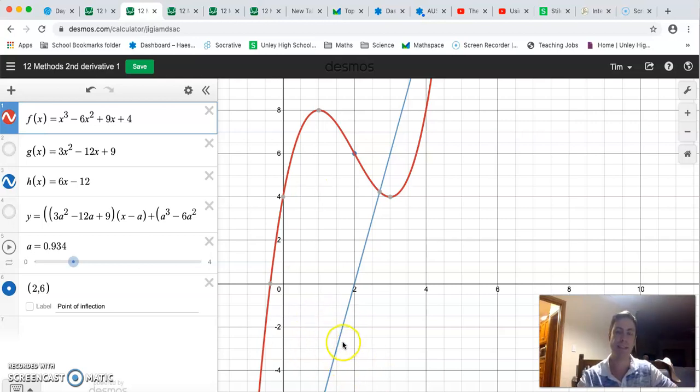Hence the negative values, until we reach the point of inflection, right, where the second derivative is 0, and then we have our concave up shape. Concave up means that our gradient is starting to become more and more and more positive. So the rate of change of this gradient is positive from left to right,